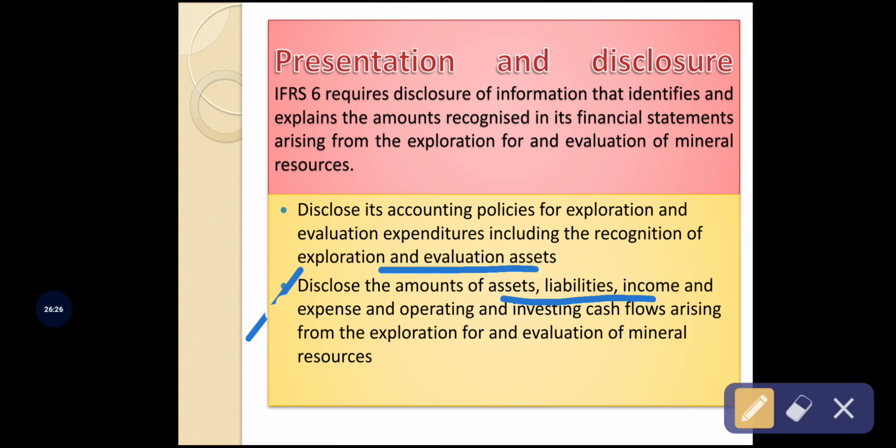So the second disclosure states that the entity must disclose the various assets, various liabilities, various incomes generated for the business organization, various expenses incurred to carry out the exploration and evaluation activity, various operating incomes, operating expenses, and also various investing cash inflows and cash outflows, which are ultimately